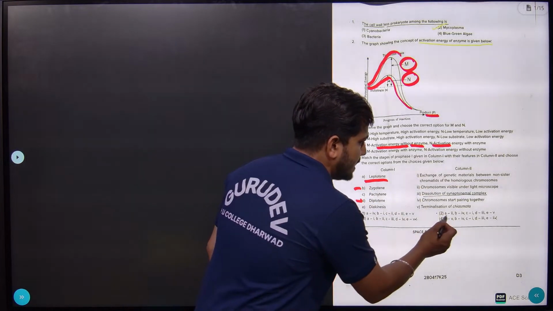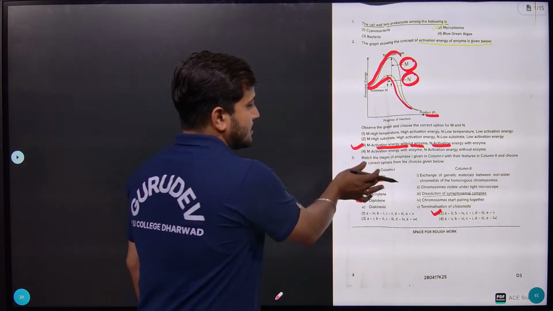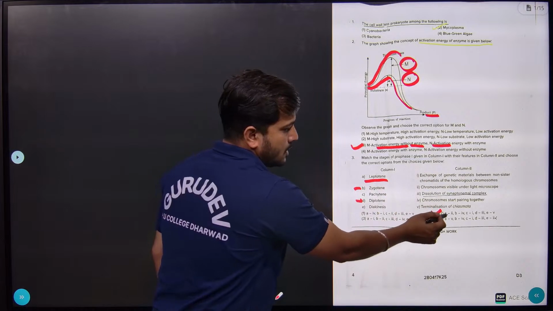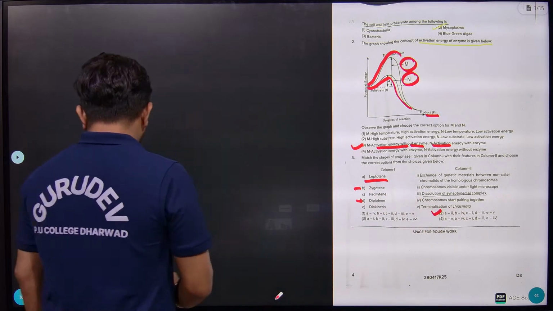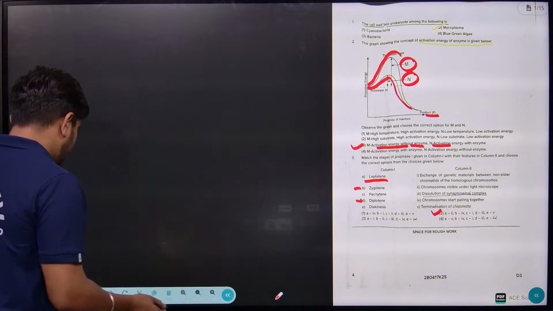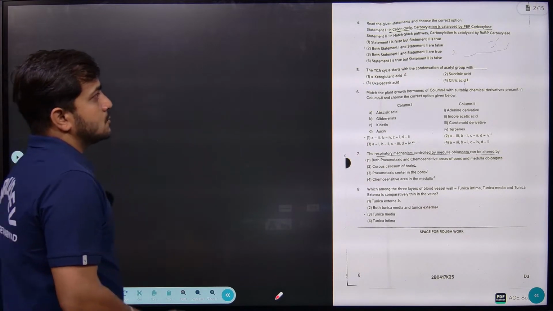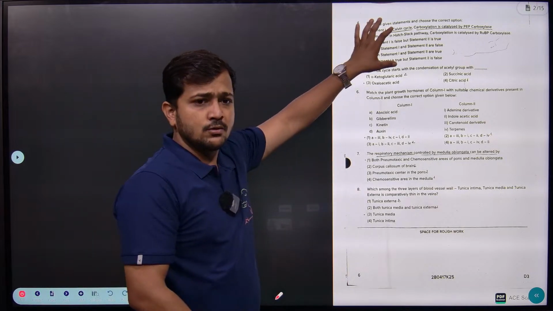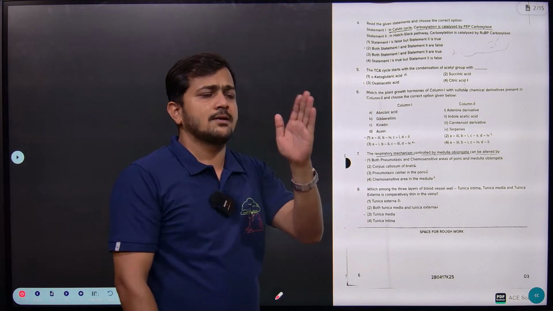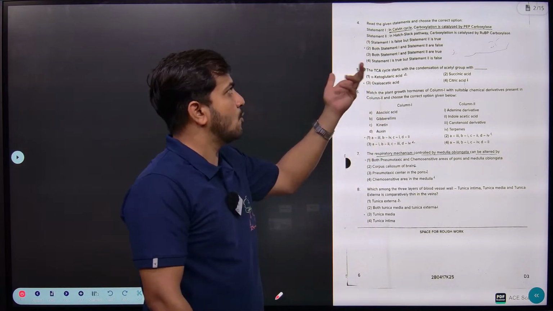So majorly here, the answer is 2, right? Based on comparison and matching with column 2, the answer is 2, right? You people can compare with respect to A, B, C based on seeing this type of video. So find the question and then find the options with respect to the A, B, C type of question that you have got, right?